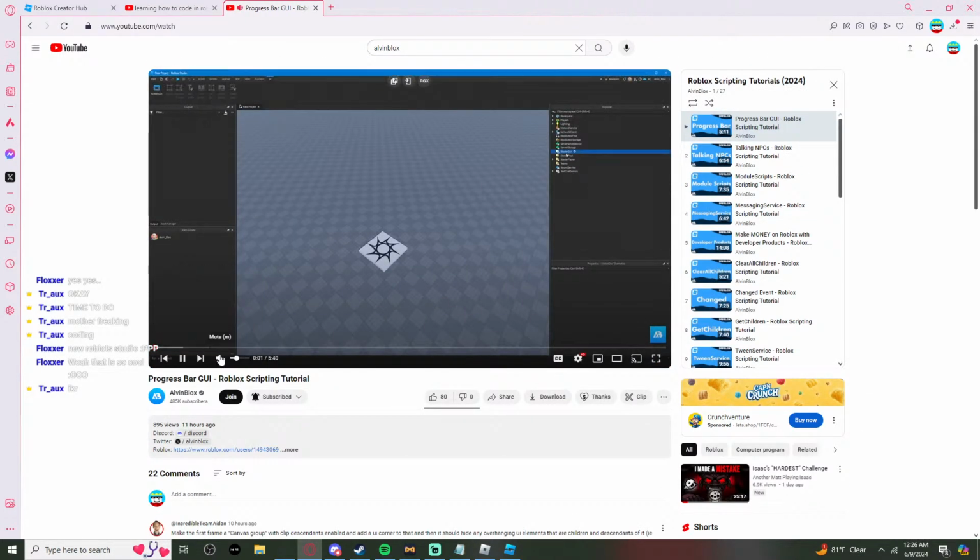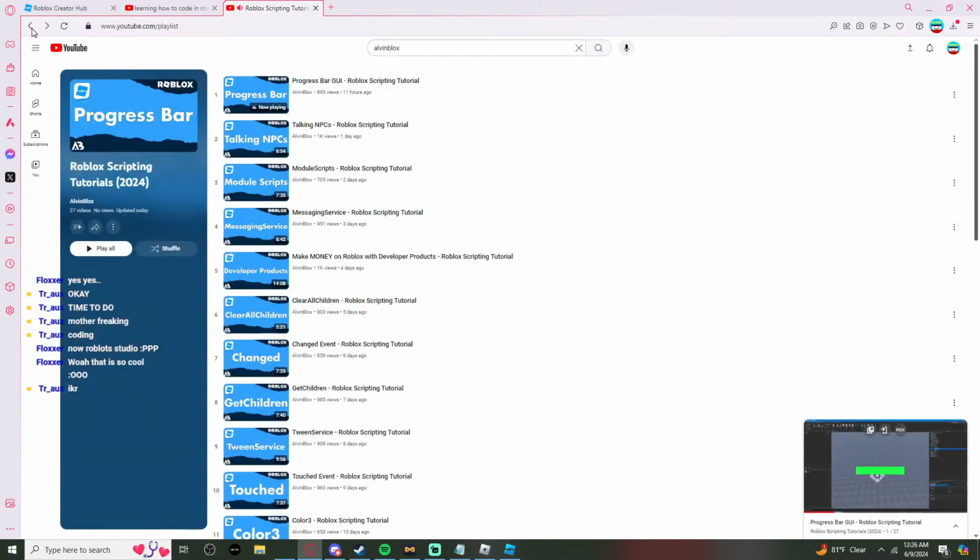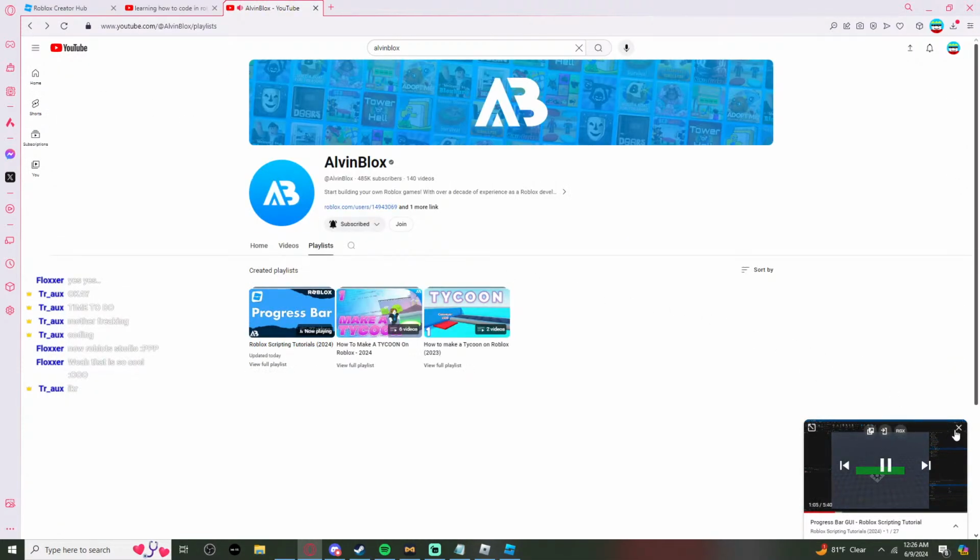How to make a progress bar in Roblox. You set the corner radius to 1,0 and